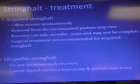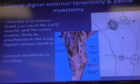So the surgery for that is a lateral digital extensor tenectomy and partial myectomy. I have a couple slides with the surgery in here. You're not responsible for knowing that. I took my slides from another talk where I was talking to surgeons. So don't worry about this. I'm just going to quickly show you because the slides are here, but you do not need to memorize the slides. So the idea is that you're going to remove 2 to 10 centimeters of the lateral